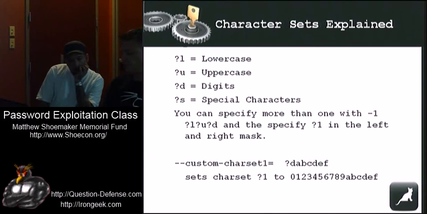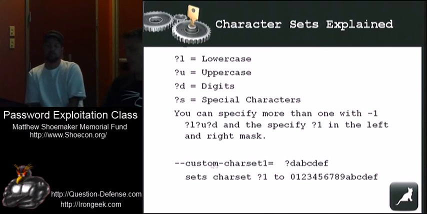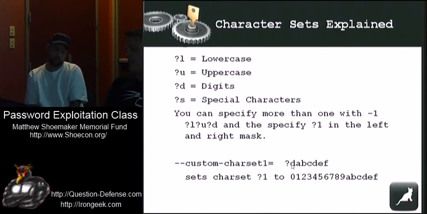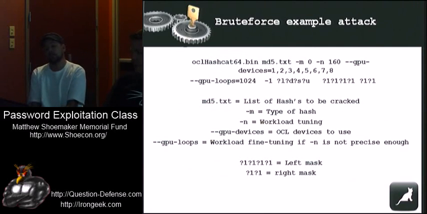And so here's an example of a custom character set. You give this flag, and then you give the D for digits. So what this would be is hexadecimal. I'm giving D for digits, but then I'm only specifying the first 6 letters of the alphabet for a base 16 number set. So that would set the character set to hex. That's how you do custom character sets.